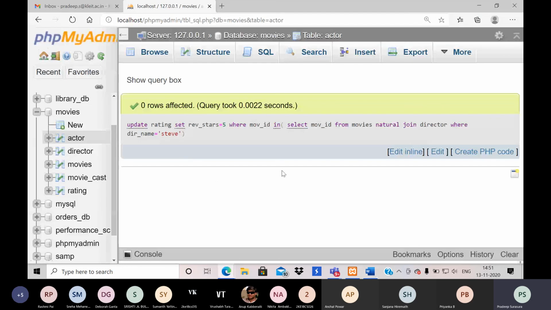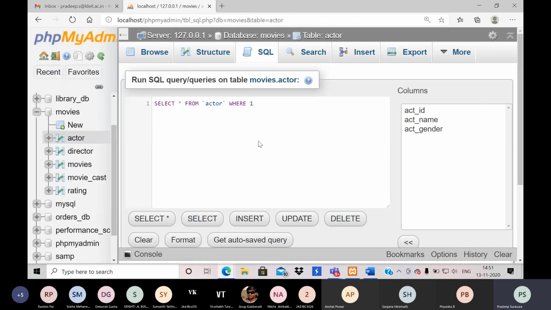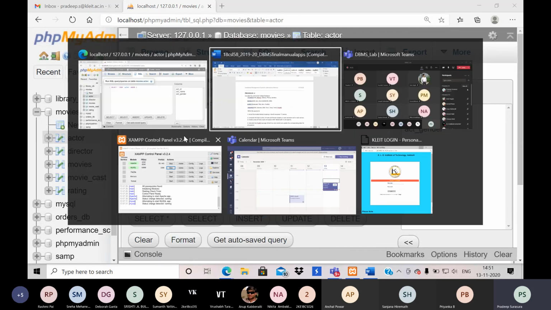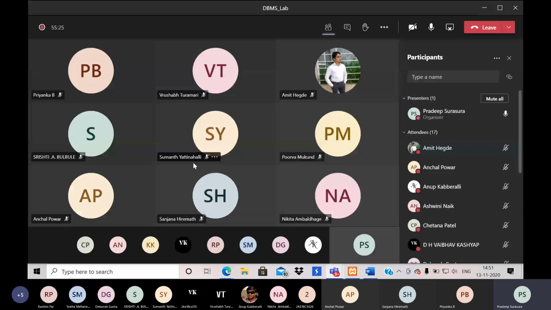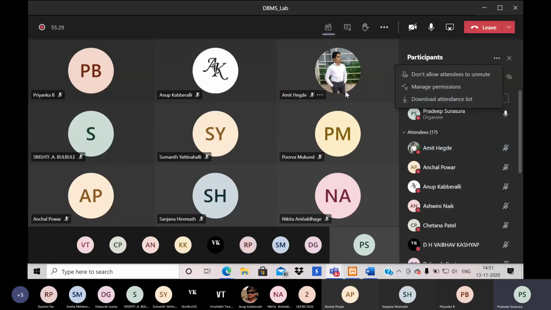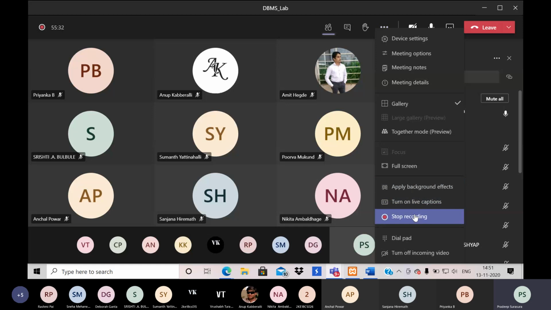Yeah, that's the end of all the experiment number 3. So you guys can continue all the execution and complete by next week. If you have any doubts or if you want me to repeat any step, I will repeat, else you can stop.